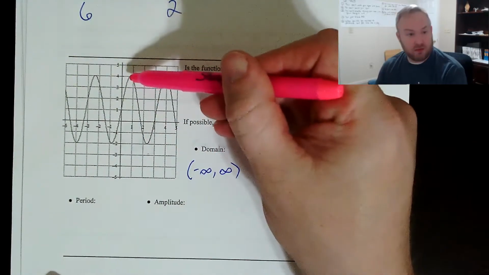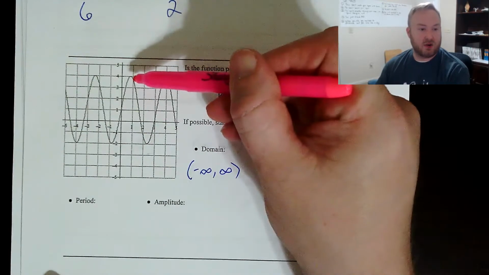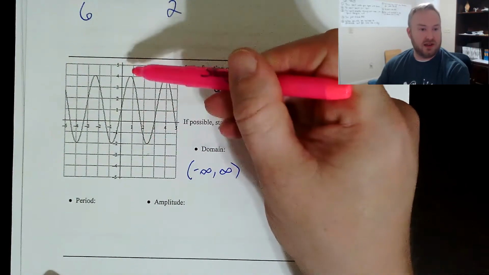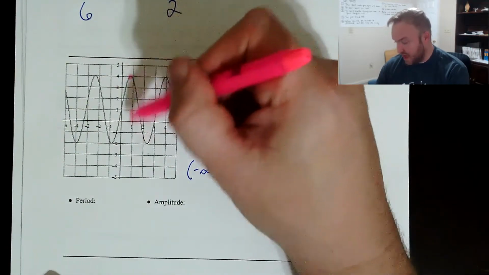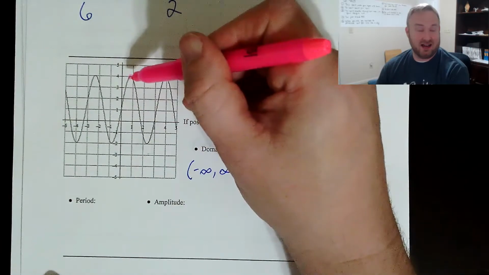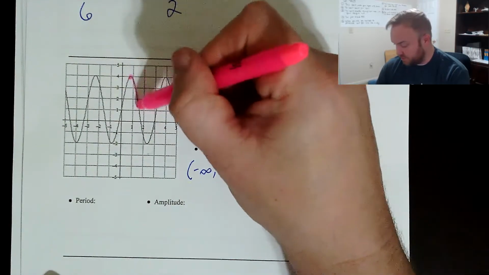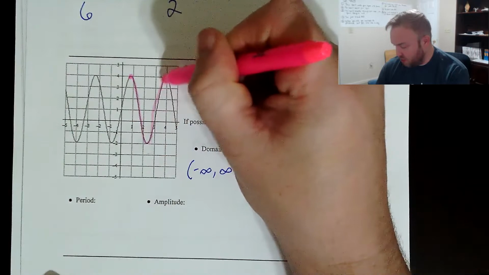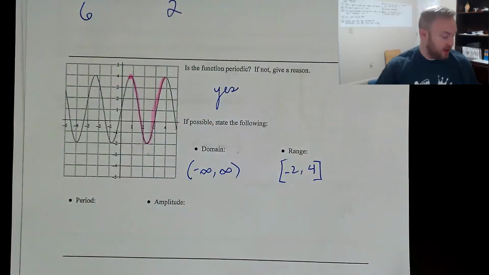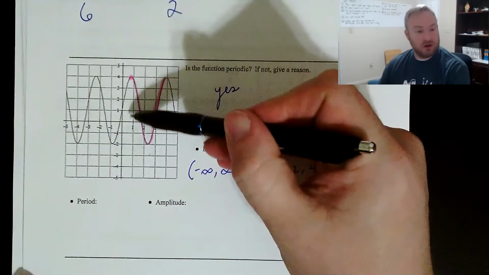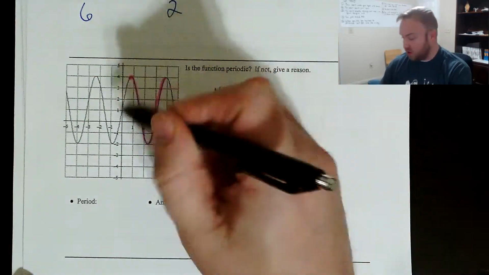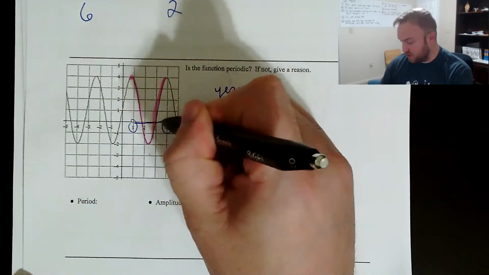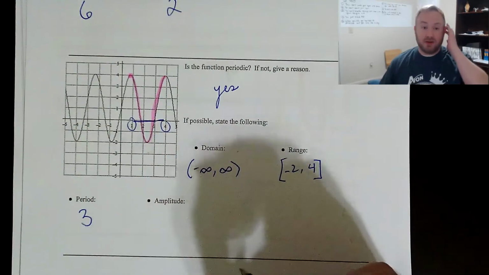By the way, this point right here is off a little bit, just when this thing got graphed. We missed the grid lines a little bit. So that point is supposed to be at an x value of 1. It doesn't look like it, but just trust me, it is. So there's one cycle of my graph. And that starts at a point whose x coordinate is 1, and that cycle ends at the point whose x coordinate is 4. So the distance from 1 to 4 is 3. And so my period is 3.